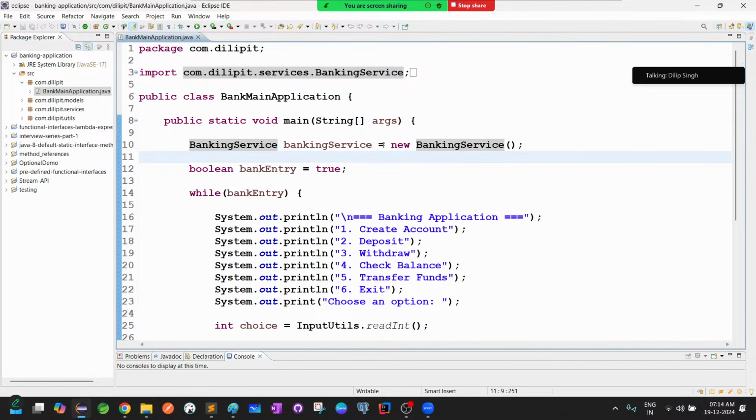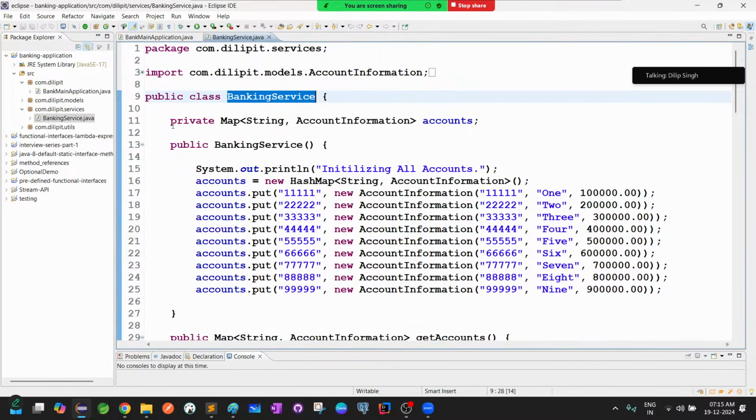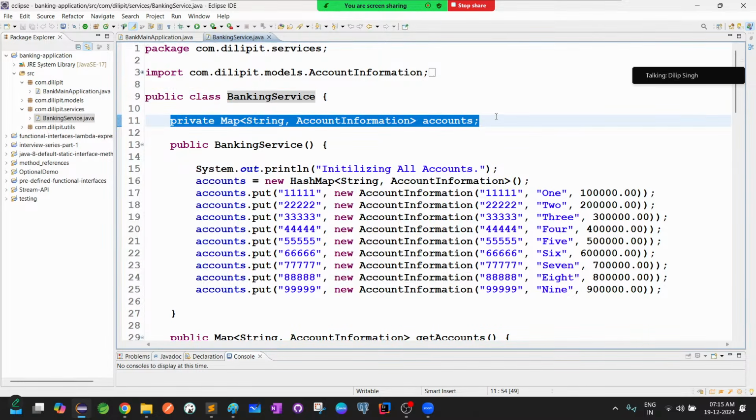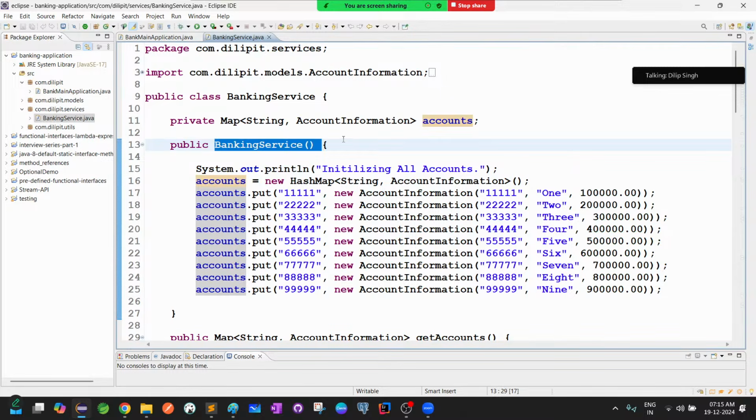Whenever you use new, internally JVM will create the object, and as we understand, all instance variables will be initialized with the default values. If this class has any instance variables, and yes, it has one, then that instance variable is by default initialized with default values. We also know one more point: if any constructors are there, the default constructor will be executed. So with this one line,